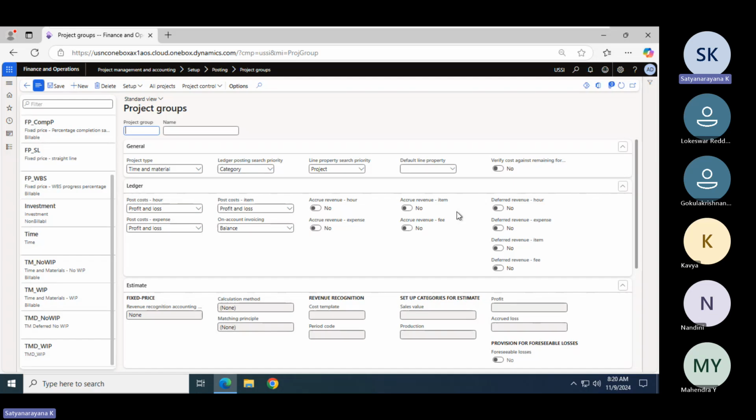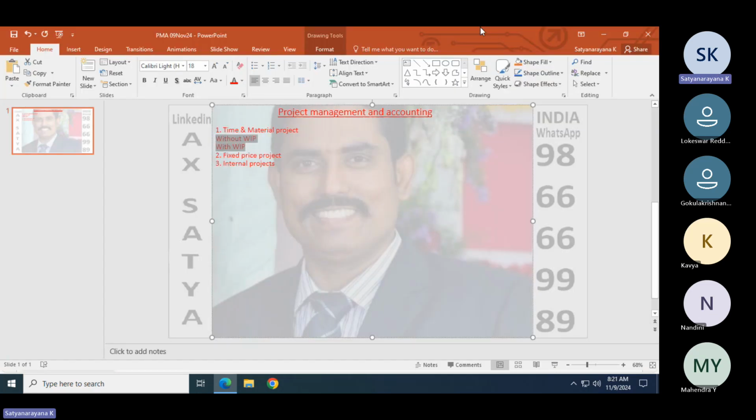Now, there are two more methods: deferred revenue and no deferred revenue.